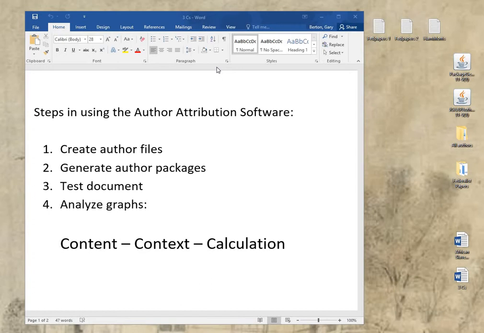writings. That's content. Context is more like if we know where this document was produced, especially for historical documents, we know the location usually, we know the exact date, and if the author is not nearby, or if it's not possible for him to have communicated within a month or so for transport across the Atlantic, for example, if that wasn't possible, then it's not possible for this author to have written a particular one, even though the calculation might indicate it could be that person. So with that in mind, we're going to look at